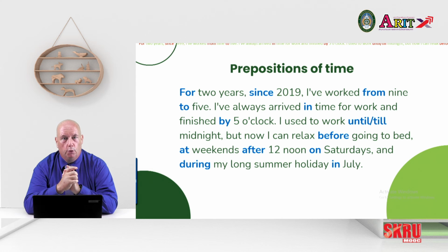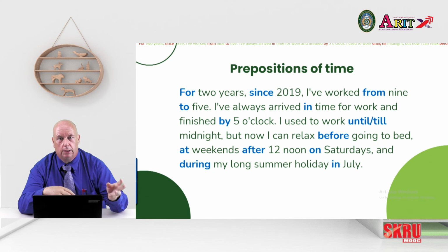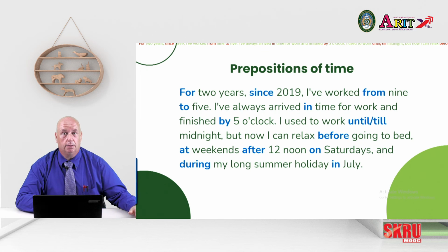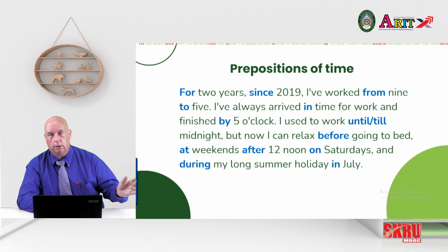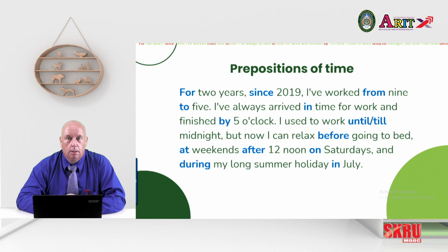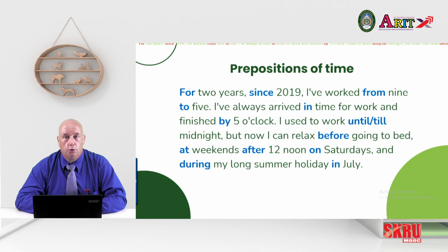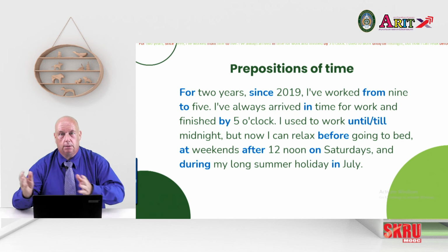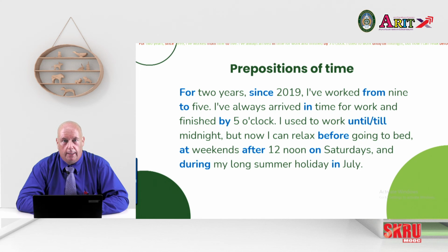You can see there the words in blue, for 2 years, meaning for covering an entire period of time. Since we use with a time when something began. Since last Monday. It began last Monday and all the time from then onwards. A word from to. We can use from to for a start and finish. You can also use between and something. Between 9 and 5. My class is from 9 to 5.